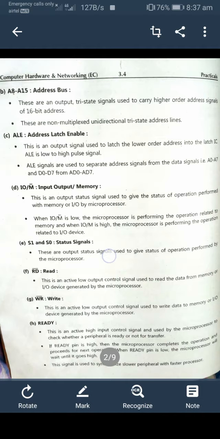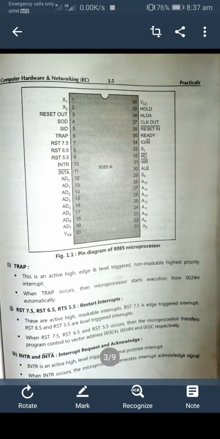Pin diagram of the 8085 microprocessor is shown in the diagram. Pin number 1 is X1, pin number 2 is X2, pin number 3 reset out, pin number 4 SOD, pin number 5 SID, pin number 6 TRAP, pin number 7 RST 7.5, pin number 8 RST 6.5, pin number 9 RST 5.5,